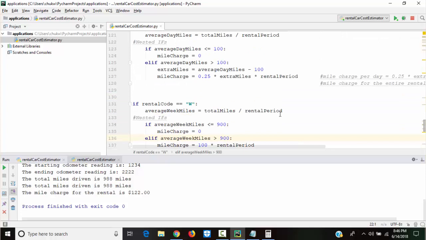What we could also do here, I want to teach you some extra stuff. Another thing I can do here is this.